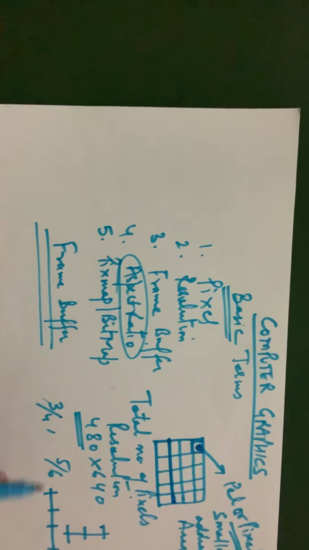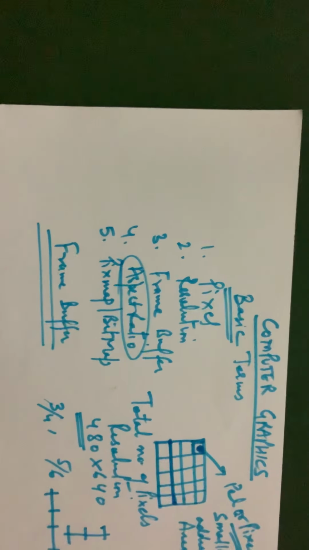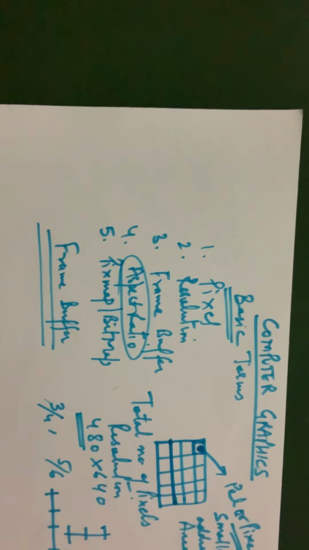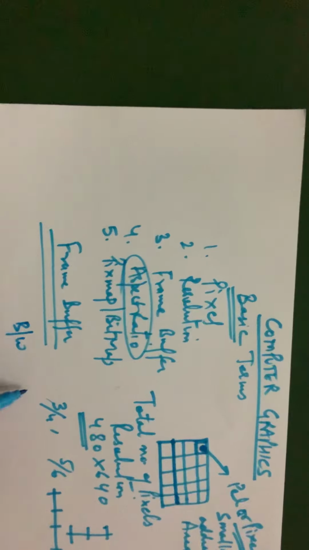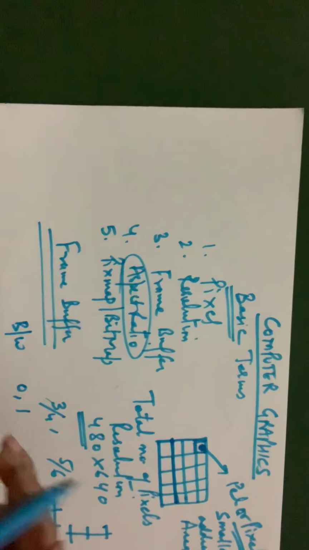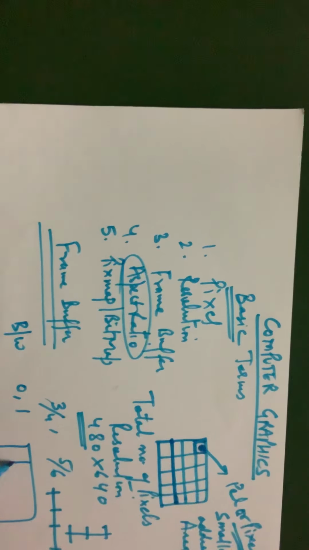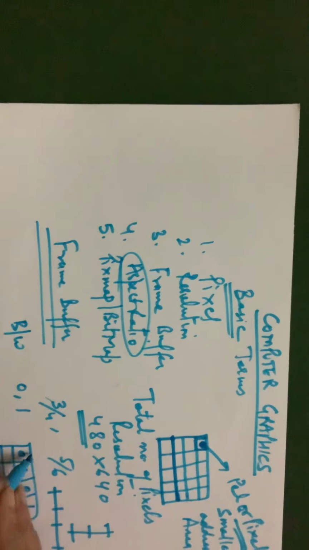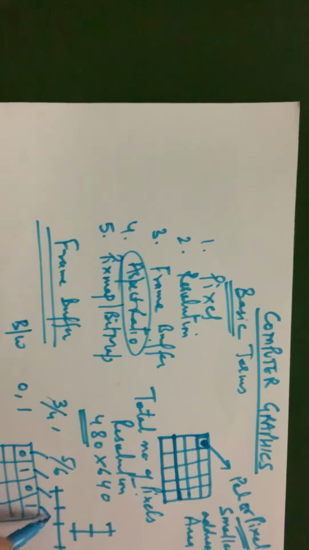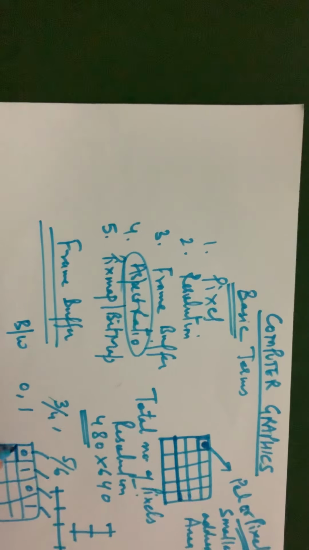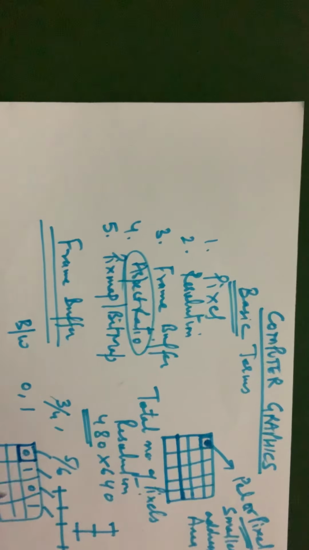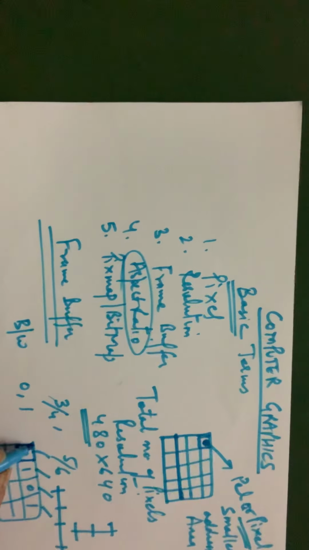Frame buffer, I have defined, contains the value of all pixels along with their intensity. Now the terms pixmap and bitmap. Now we have a black and white system, so we only have 2 bits, 0 and 1. Suppose each screen value contains 0, 1, 0, 1. So this is my black pixel, this is my white pixel, black pixel, white pixel. When we have a single bit per pixel, then that is my bitmap.